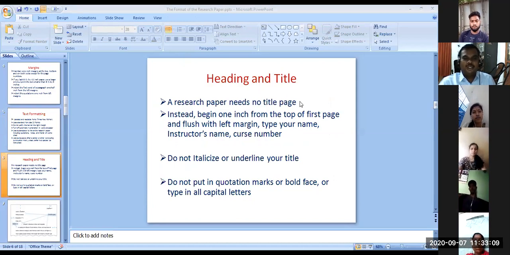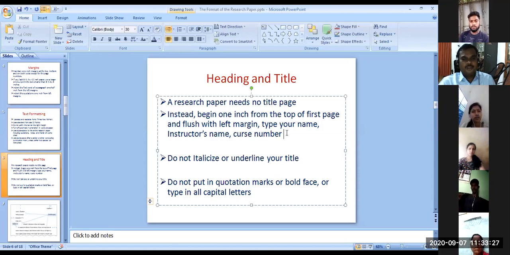Instead, begin 1 inch from the top of first page and flush with left margin. Type your name,